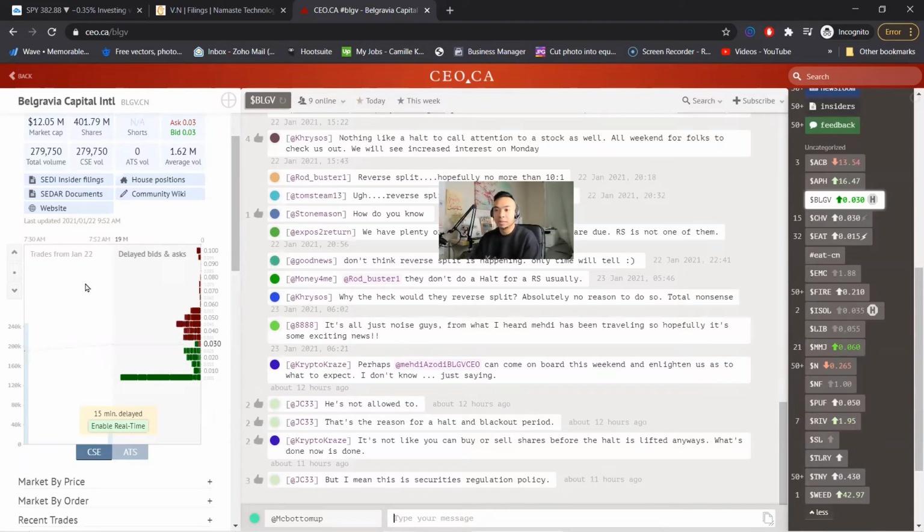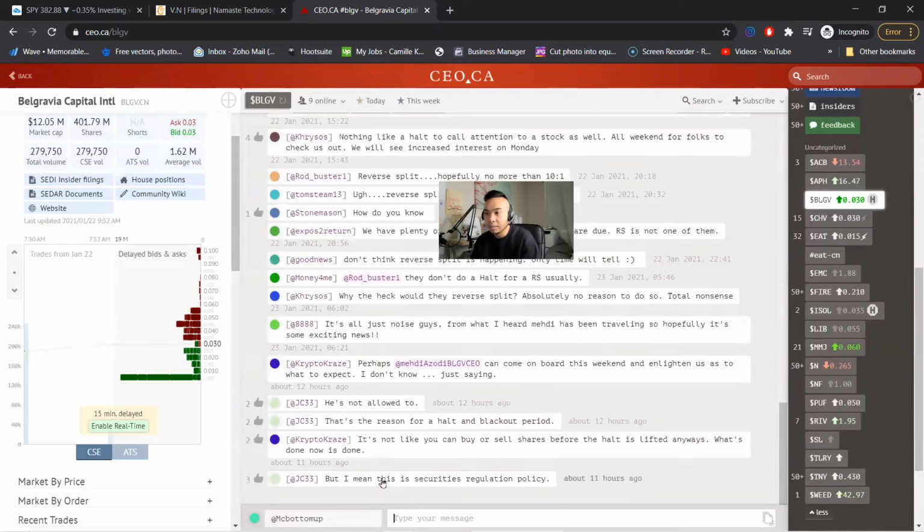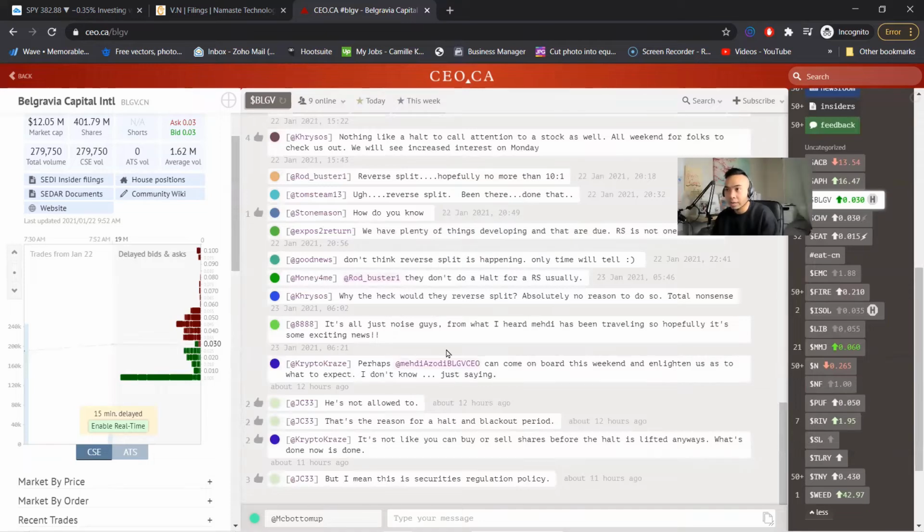And what's cool about that is in the middle here, you can see what people are saying, right? But I mean, this is a security regulation policy. So this is a great way to get caught up on what's going on, why the stock was halted. So people talk about this stock. So that's what's really cool about it is that if you go here,